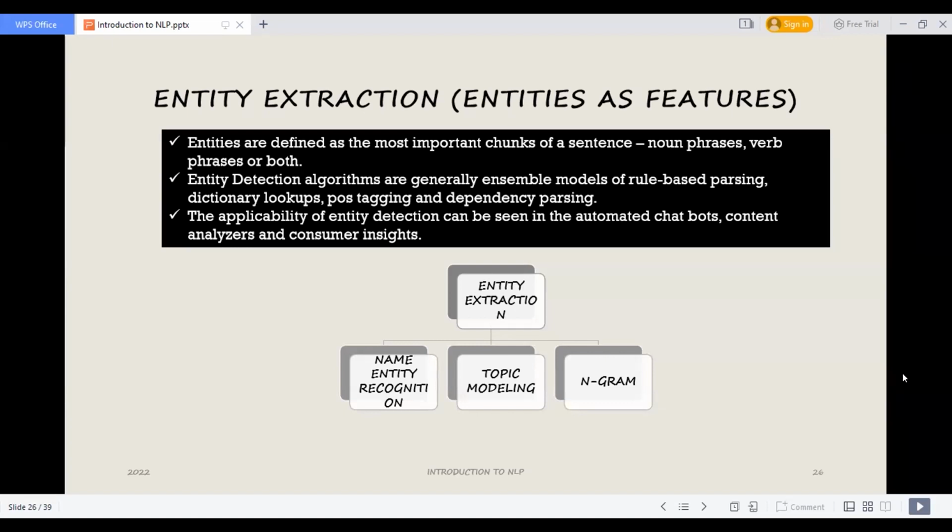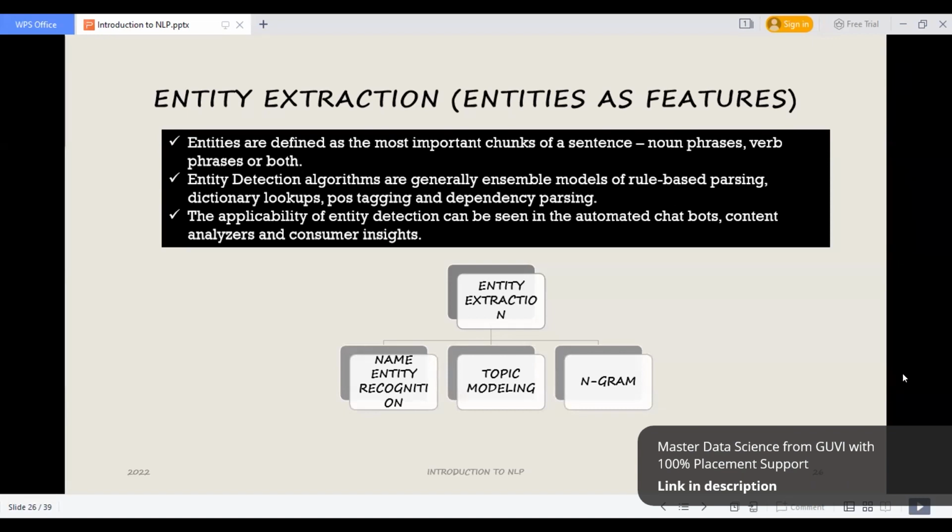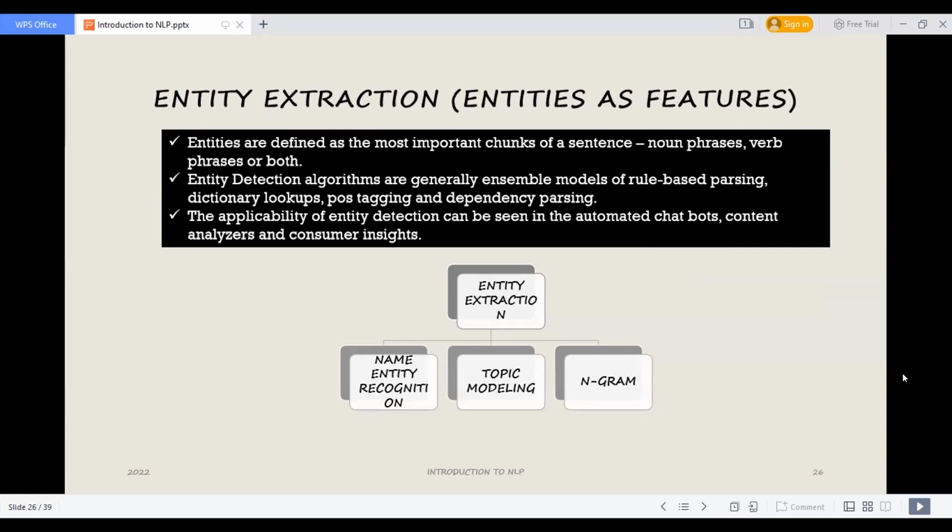Now this NER, that is named entity recognition, has three blocks. It is going to split the methodology, or the task, into noun phrase identification.